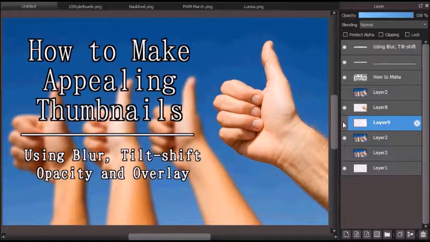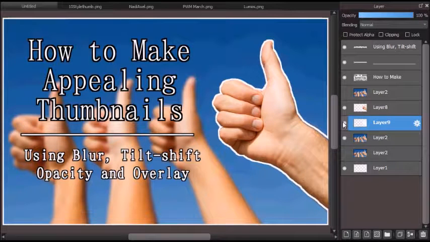Since I don't actually have a tilt shift tool, this is what I use to make it seem like one thing is more prominent than the other. And then I showed you how to make an outline around your tilt shift, which helps when you want to accentuate that one part that's not blurred. Opacity, using opacity with